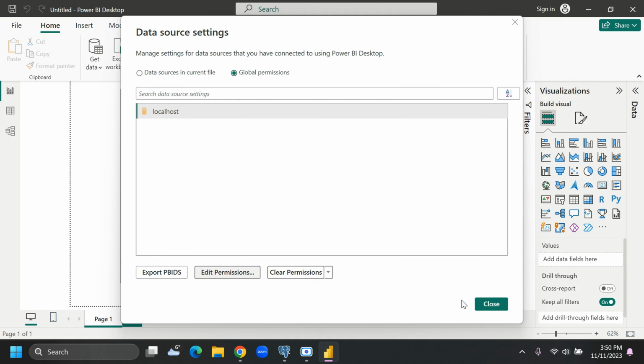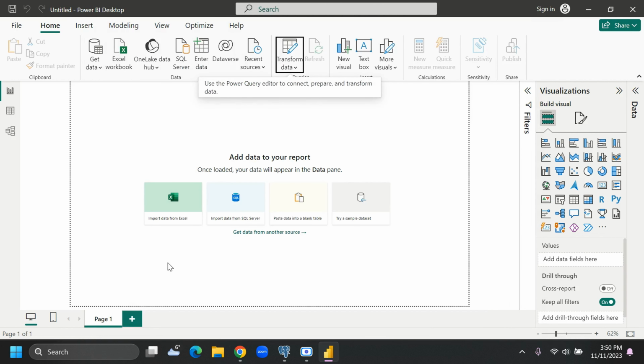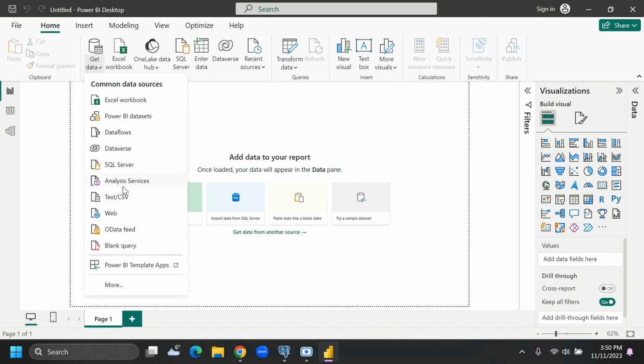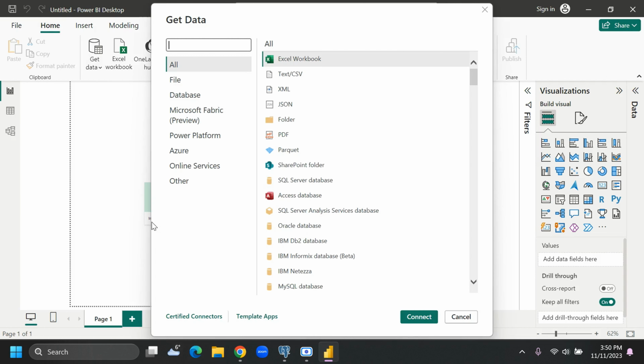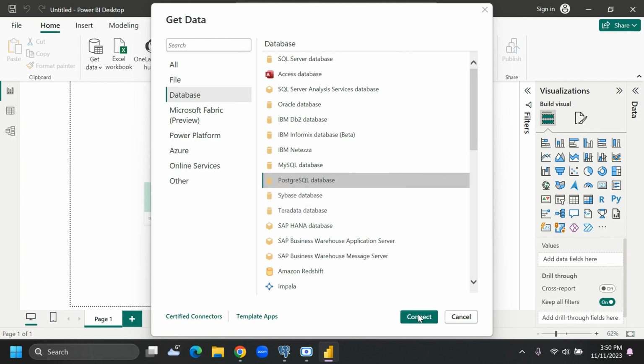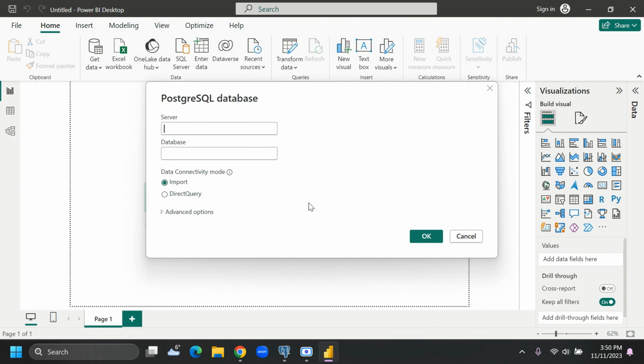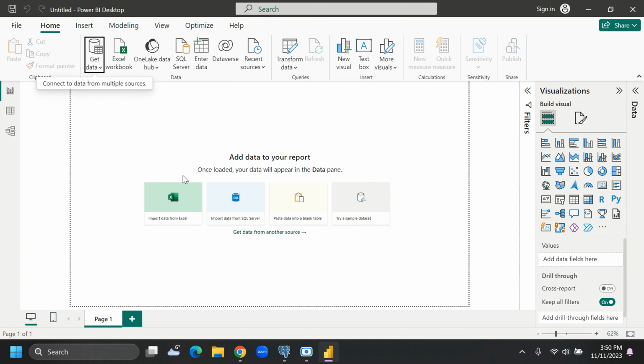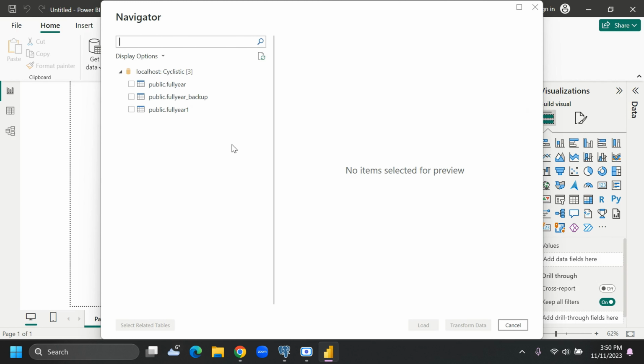Okay, close. Probably this time we will be able to connect to PostgreSQL. So I am trying it from here. From database, PostgreSQL database, everything is almost the same. We just provided the password there. Now we will provide the same name, localhost. We will also go for direct query. Now you can see the connection is working, and it is showing us all the tables available